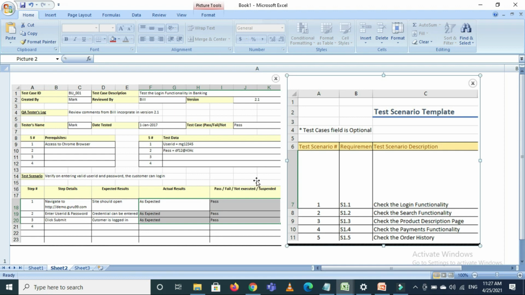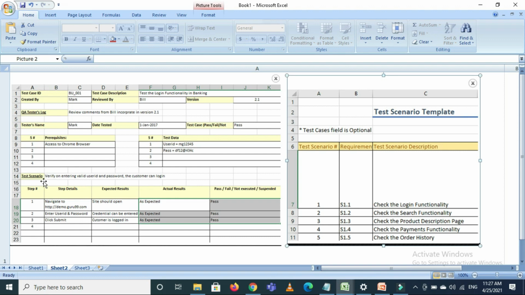For better understanding, I explained on the left hand side the test cases and on the right hand side the test scenario. Here we can see the requirement, the test scenario first, with the test description like check the login functionality. On the left hand side you can see the test case ID, created by, the test case description to test the login functionality, the QA tester name, date, and test data.